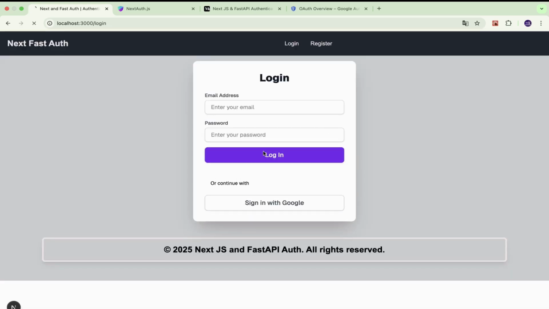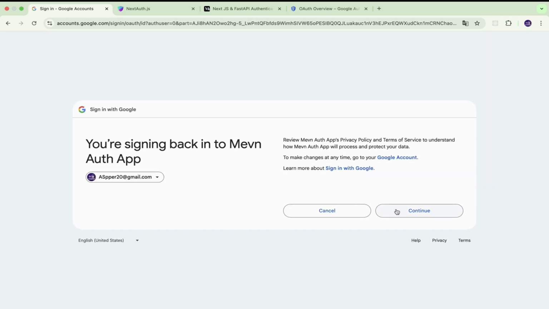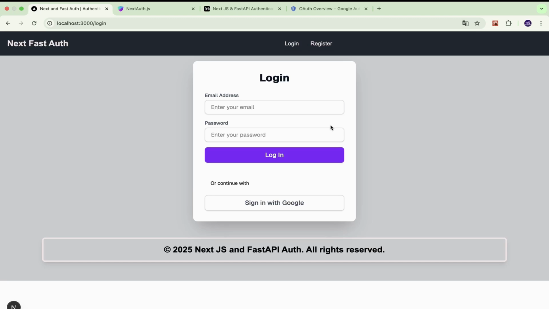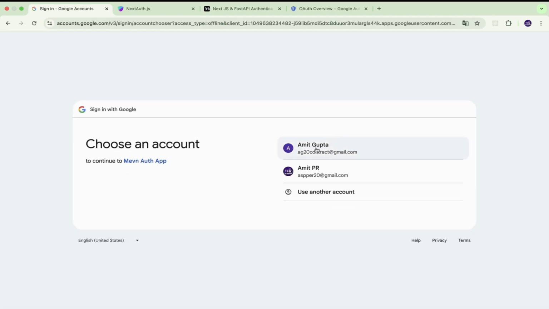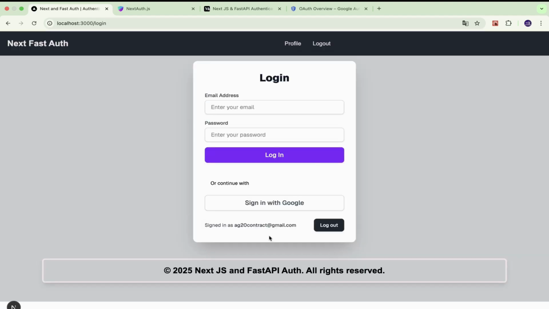Let's quickly see this Google Auth in action. Let me choose the account with which I want to log in, and as you can see, I was able to log in. Okay, let's switch account and make sure that it still works. As you can see, this is still working. Okay, so all good. There would be a lot of things to learn, so I hope you stay till the